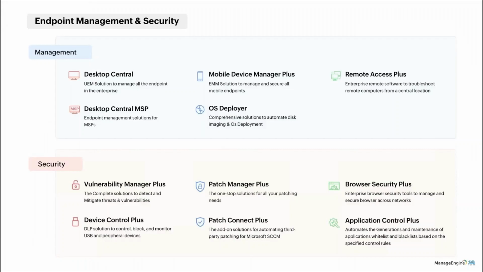With this, we are nearing the end of our webinar, and I'd like to quickly summarize all the offerings that are fused together to form our UEM solution. We provide these offerings separately as well for those who are interested in individual capabilities like mobile device management or